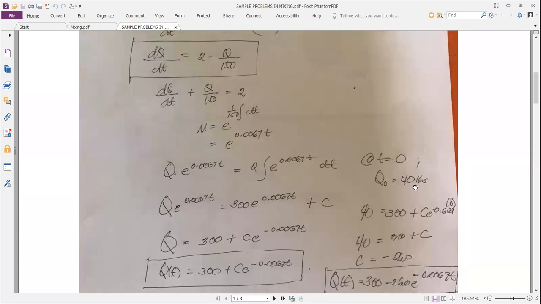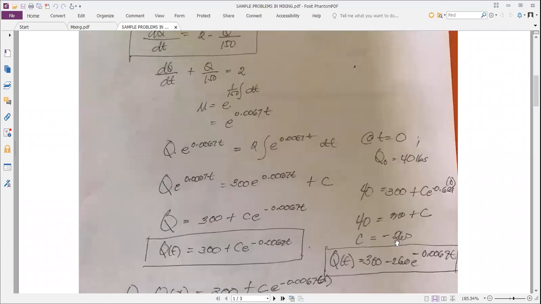So if you use that initial condition here, your Q sub 0 being 40, you substitute in this formula. So 40 is equal to 300 plus C e raised to negative 0.0067 times t being 0. This entire expression would be a 1 because anything raised to 0 is 1. So you now can solve for the C, which is negative 260. So the appropriate formula to answer in this case is Q of t being equal to 300 minus 260 e raised to negative